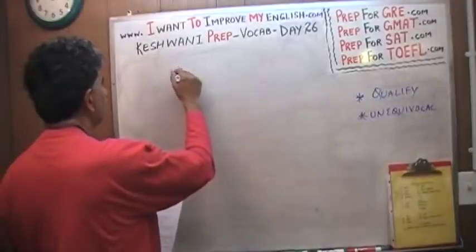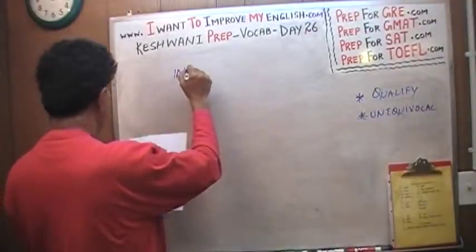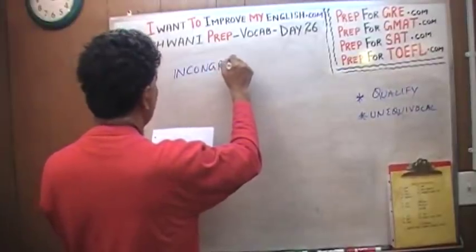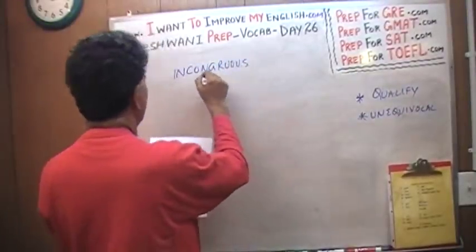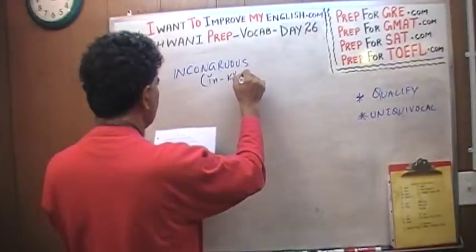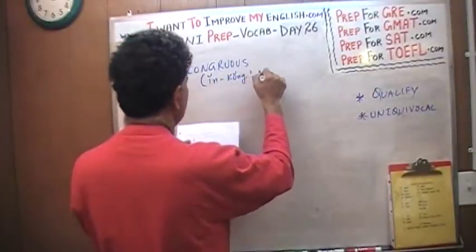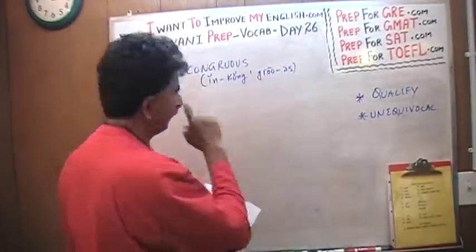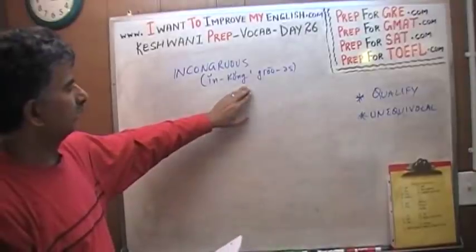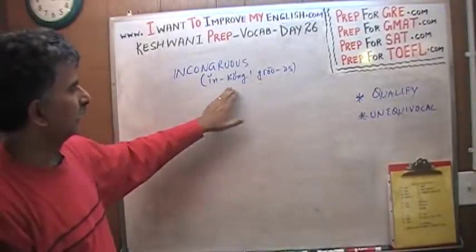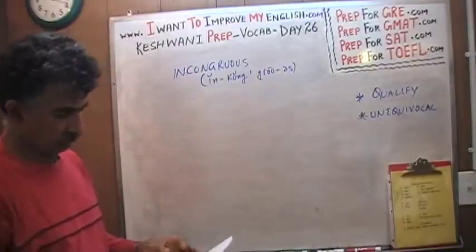The word is incongruous. Incongruous. It's important that you realize that here is the G sound, cong, and then there's another G sound, gru: incongruous,